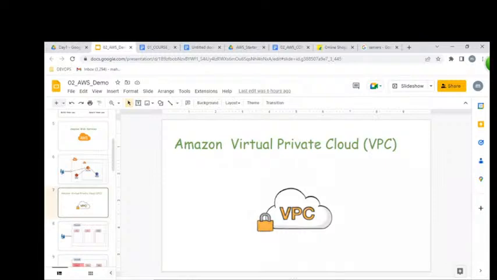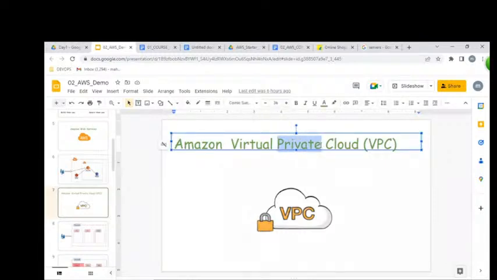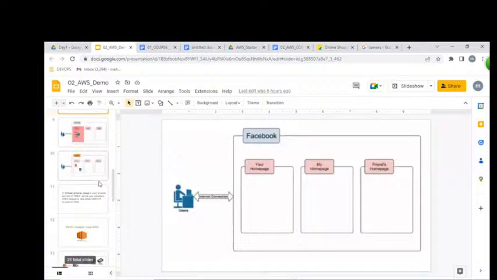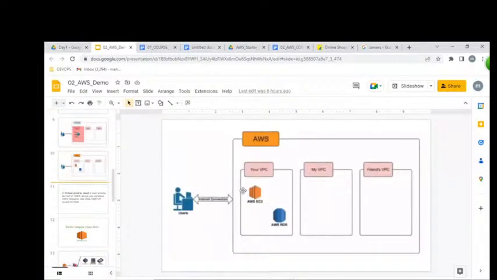An isolated, office-kind of private network, if we can access it over the internet in a virtual form, is nothing but a VPC. By using VPC, we can create n number of networks.